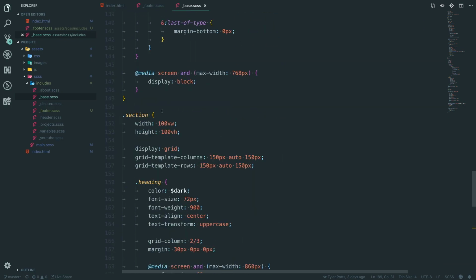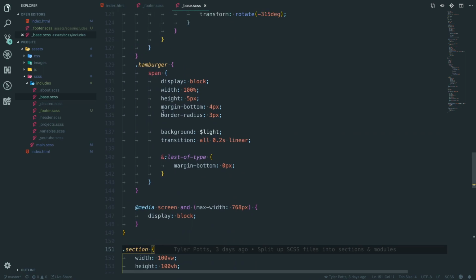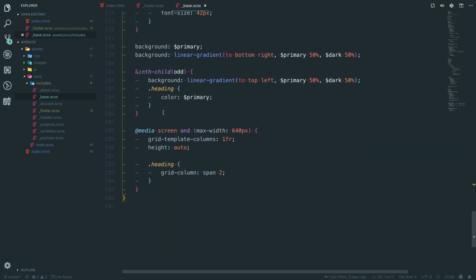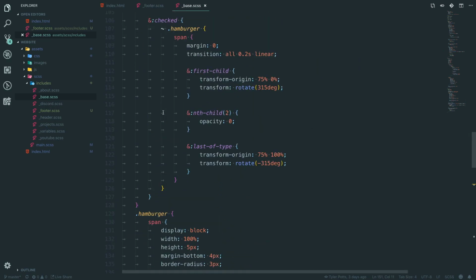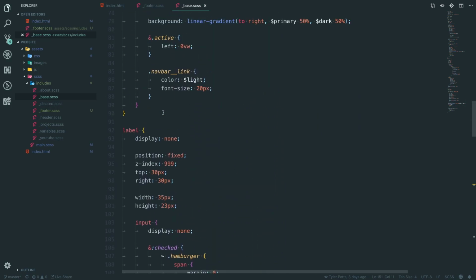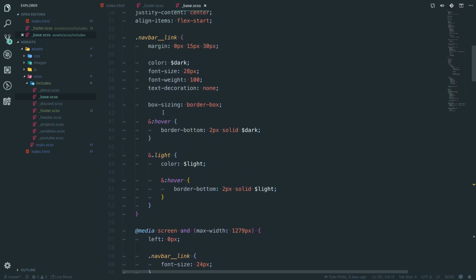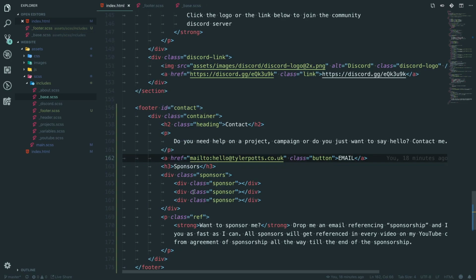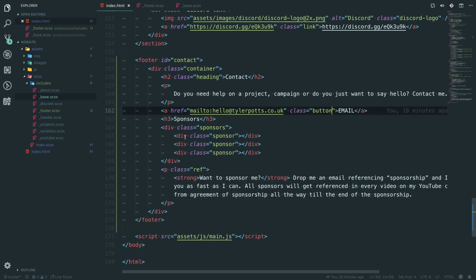Section, not section. Hamburger, checked, labeled up. Oh wait, it is hamburger, what am I about? Hamburger and background light, so we want to go here, where are we? So